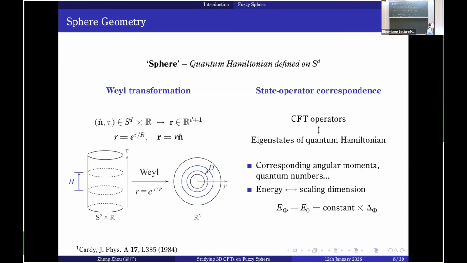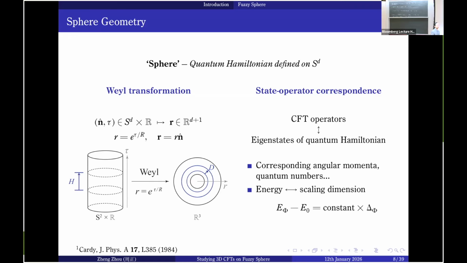And more importantly, since the Hamiltonian, which sends one time slice to the other, is mapped to the dilatation, which sends one sphere to a larger one, their eigenvalues correspond, so that the excitation energy of the eigenstate on the sphere is proportional to the scaling dimension of the corresponding CFT local operator. That is to say, to extract the scaling dimensions of the CFT, which is a very important piece of CFT data, we no longer need to do very complicated finite size scalings. We only need to read it off